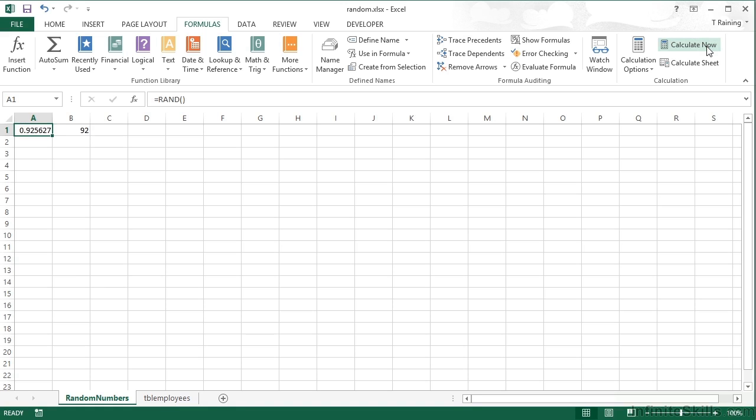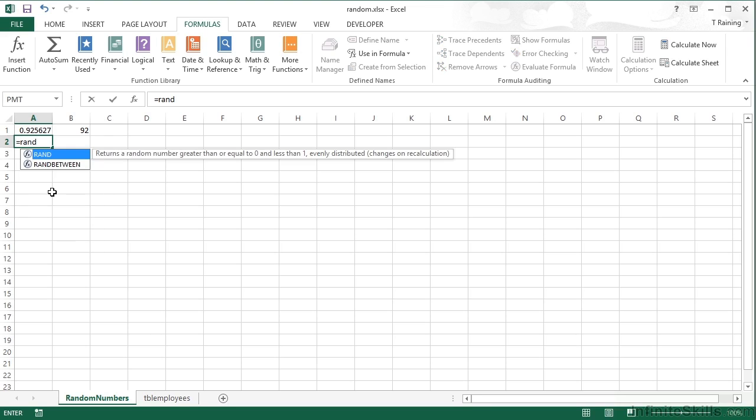Now there is actually another random function, possibly even easier to use than this one, because this one returns a value between 0 and 1, and you then use a multiplier to get the range covered that you wish. If instead you want to use a random number and it has to be between a set range, then we can use equals RANDBETWEEN. And here you simply give a bottom and a top value,